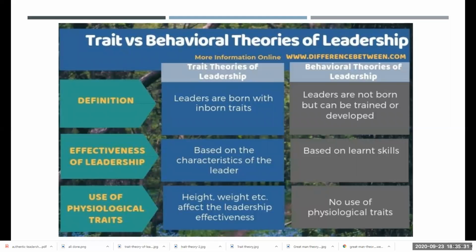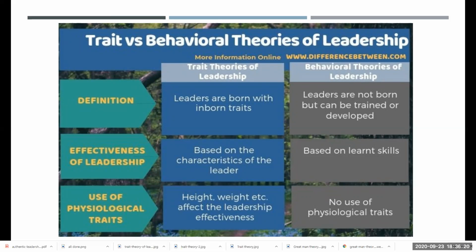Now let's do a quick side-by-side comparison between behavioral theories and trait leadership theories. So one, the definition, and we spoke about this before, trait theories argue that leaders are born with certain traits, that they're born with it. Whereas behavioral theories say that leaders are not born, instead they are trained and developed, okay? Trait theories argue that it's the characteristics of the leader that makes them successful. Behavioral theories argue that it's the skills and abilities that the leader learns over time that empowers him to be successful. He may learn from his own experiences, he may learn from others, he may learn through direct experience or by watching other people,